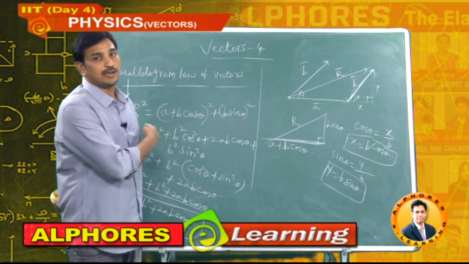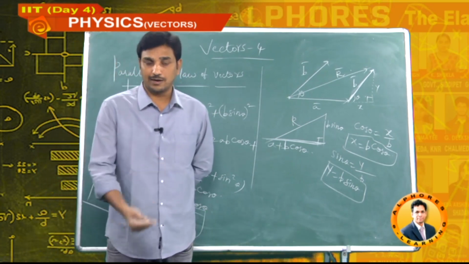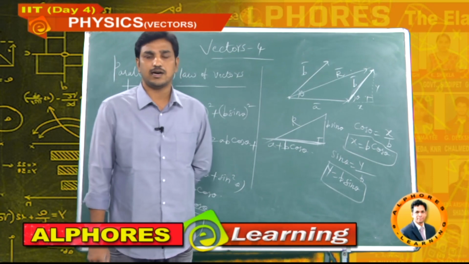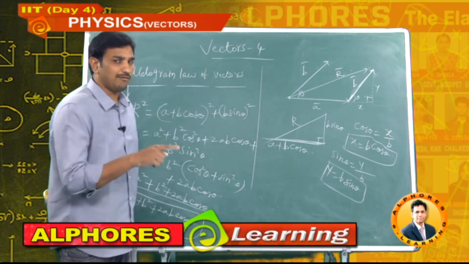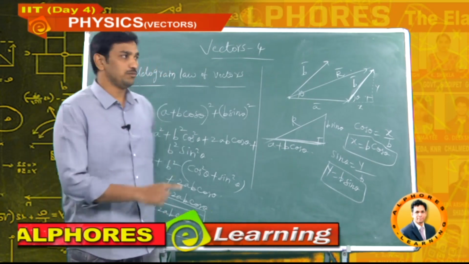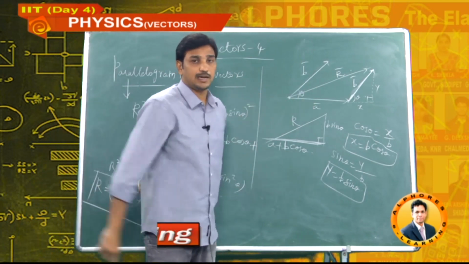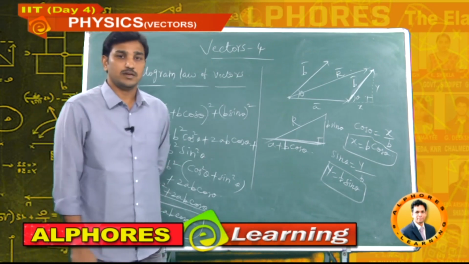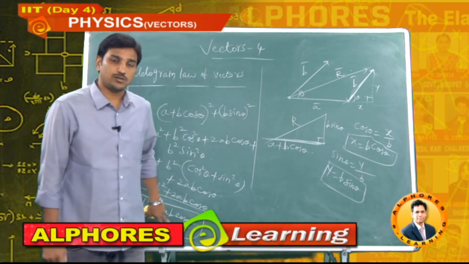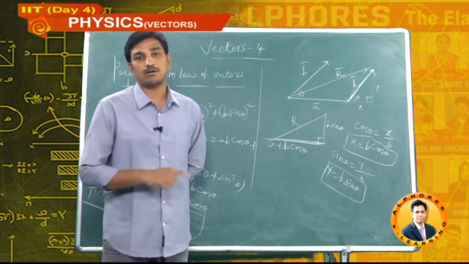One more, we went through triangle law and parallelogram law. According to triangle law, two sides of triangle representing two vectors, closing side of triangle is resultant, that is r bar equal to a bar plus b bar. Even though triangle law of vectors is there, why did we go for parallelogram? To calculate magnitude of the resultant, we went to parallelogram law of vectors. Simple geometry we used, Pythagoras law we used. By taking the help of Pythagoras law, finally our result is magnitude of resultant of a bar and b bar is under root of a square plus b square plus 2ab cos theta. So next session we will continue applications of parallelogram law of vectors.